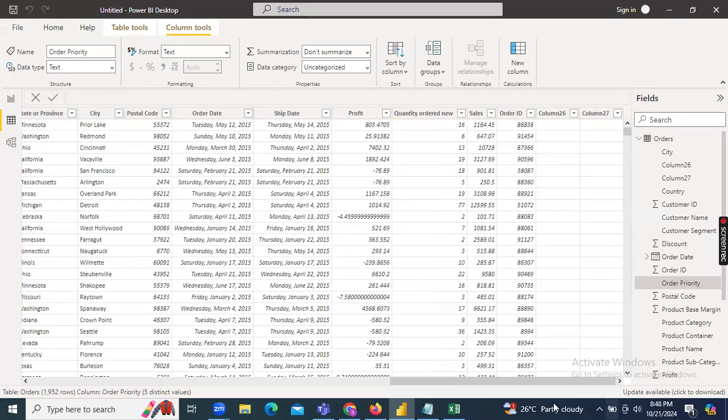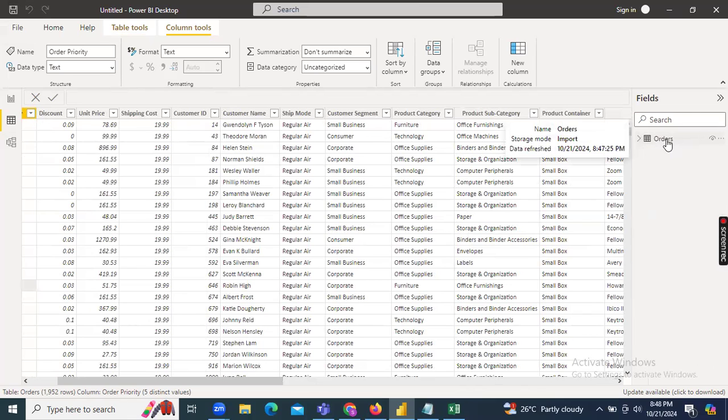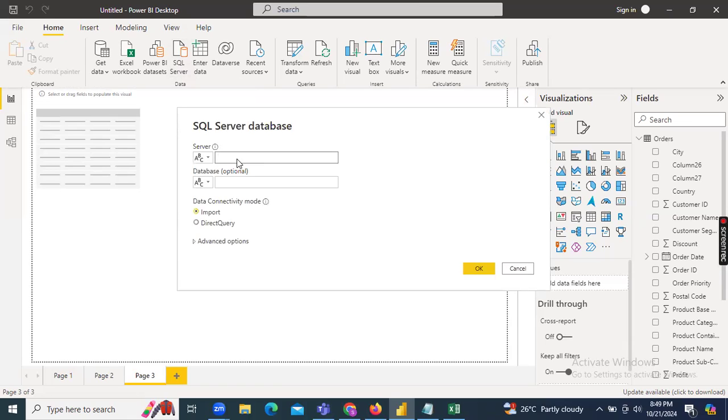After this connecting, this table is only connecting to Excel. Now, if you want to connect to another database like a SQL Server DB, for example, you want to connect project 2 in SQL Server, you have to pass the server credentials and the database option. Then you will be able to download that.